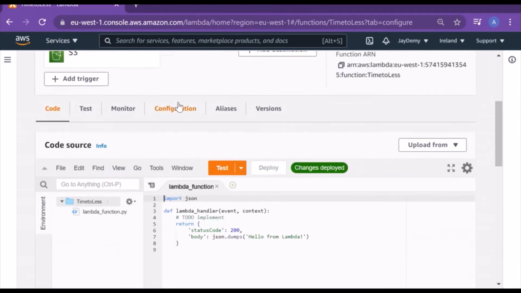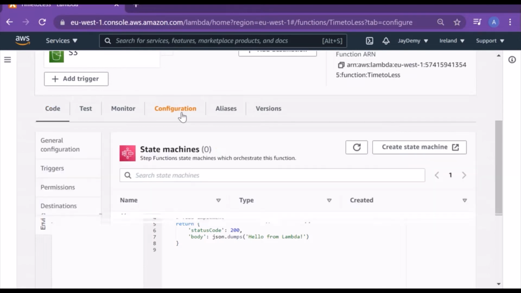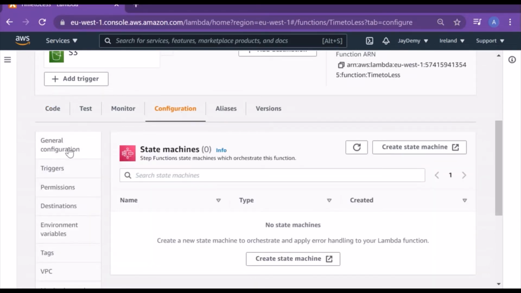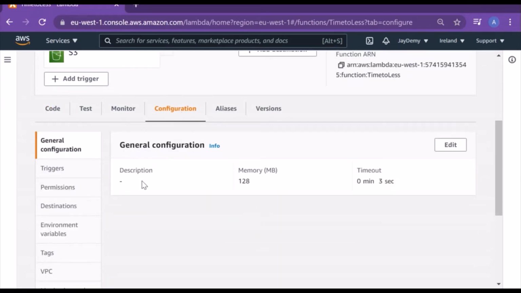First we will go through the configuration and then we will come back. In the general configuration, you can see memory. For the function I have created, 128 MB of memory is sufficient, and the timeout is 3 seconds, since the function will run within that time.